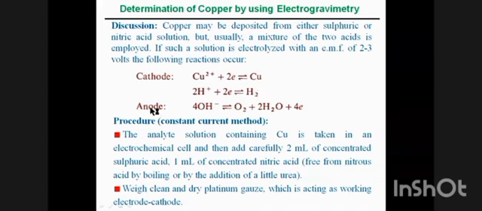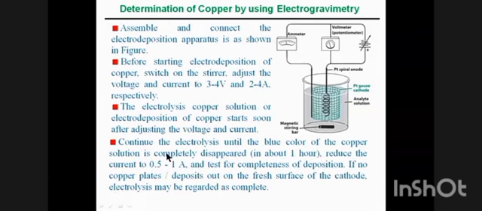And what is the procedure? The analyte solution containing copper is taken in an electrochemical cell, and then 2 ml of concentrated sulfuric acid and 1 ml of concentrated nitric acid are added carefully. These are freed from nitrous acid by boiling or by addition of a little urea. Weigh a clean and dry platinum gauze, which acts as the working electrode, the cathode. This is the method of determination of copper by using electrogravimetry, and here assemble and connect the